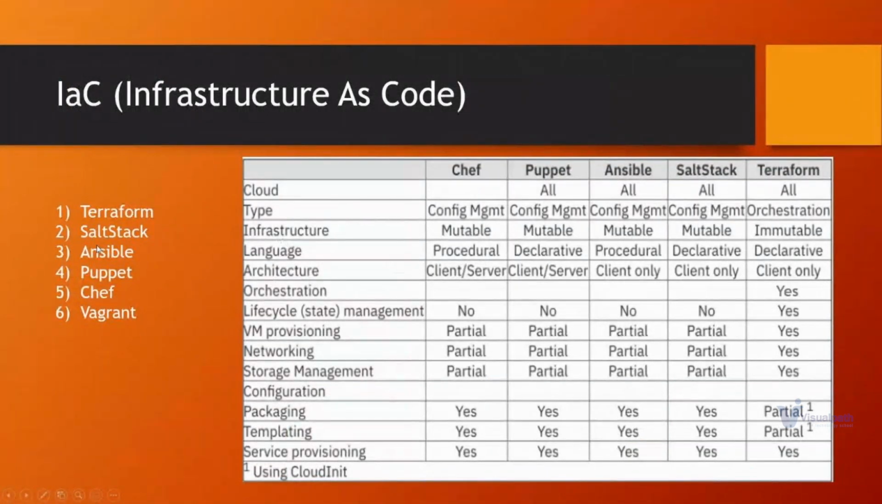Before that, let us try to understand what other tools we have. We have SaltStack, Ansible, Puppet, Chef, and Vagrant as well. Ansible, which we already know and which is popular for us, is especially designed for configuration management. What is configuration management? Once your instance has been launched or your bare metal server has been created,